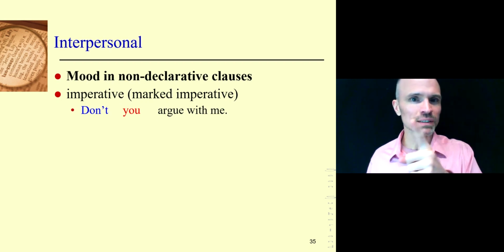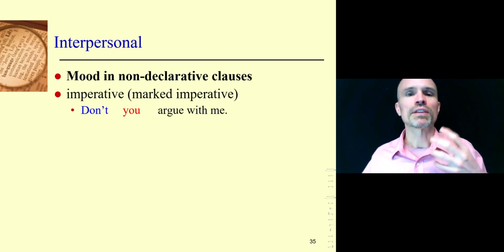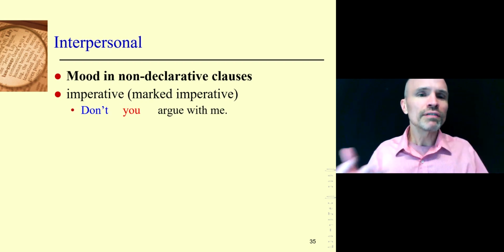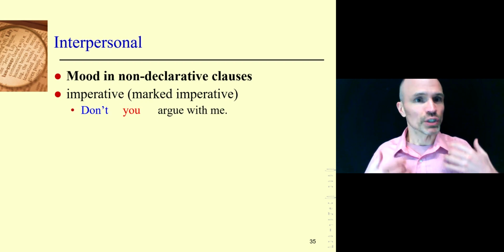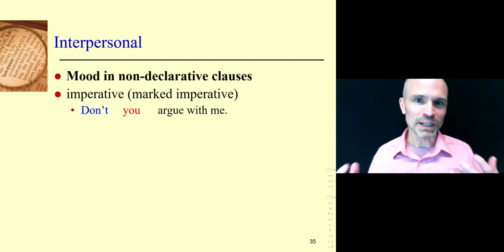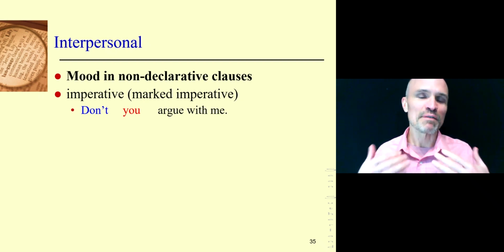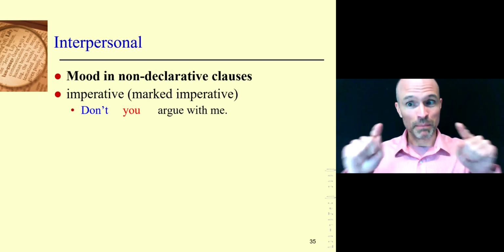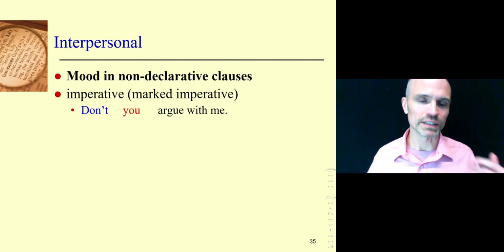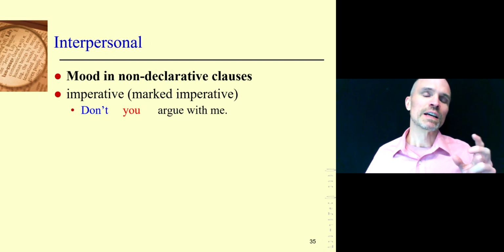You know exactly what the person on the other end of the phone said right before that, right? If you hear someone on the phone say, you be quiet, that's an imperative, but the speaker has marked it with you. Obviously, the other person has just said, be quiet. The speaker now says, you be quiet. That speaker wanted to keep the be quiet part of the clause, but wanted to emphatically point out that the being quiet should happen, but not by me, by you at the other end of the line. You be quiet. So you be quiet is an imperative, be quiet, but the subject you appears, so it's marked,